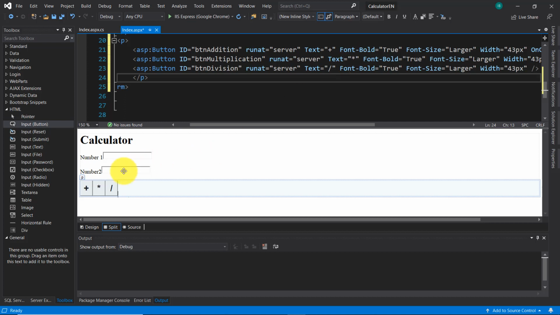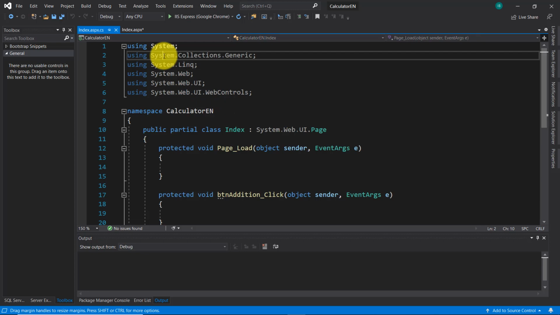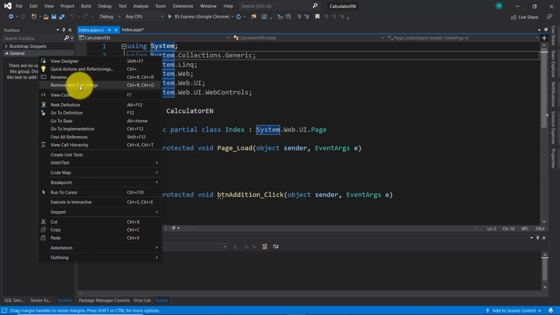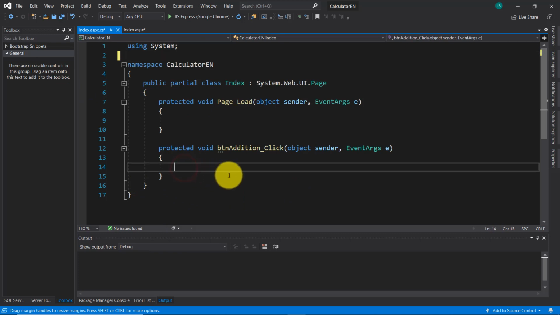And now I'm going to start writing the code for these three buttons to perform the arithmetic operations. The first one will perform the addition operation. So double click on it, and let's go first up here and remove the namespaces which I'm not going to use inside the code, to clean the code a bit. And let's declare a few integer int variables like number1,